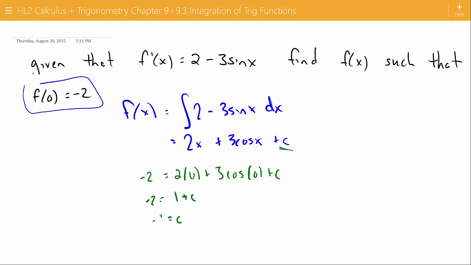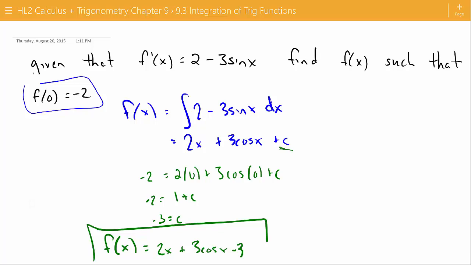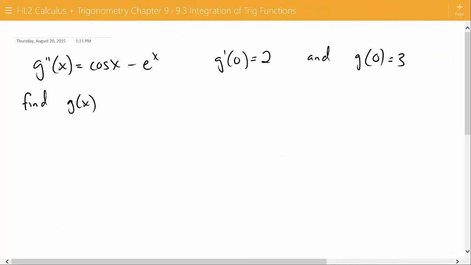c is negative 5. Therefore, our specific function f of x, no longer having a constant of integration, is 2x plus 3 cosine x minus 5. And there we go. Nothing too terrible. I think we can do this all day long. And I hope you agree with me, because we have a similar